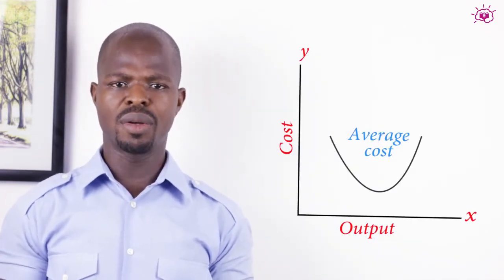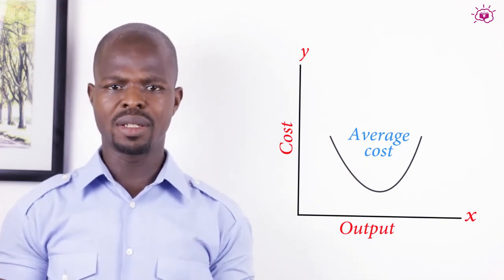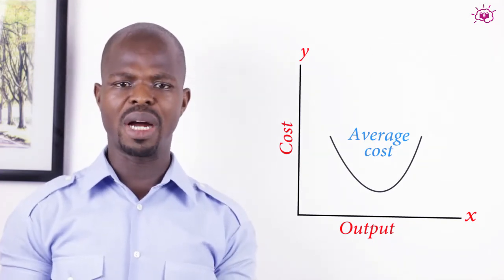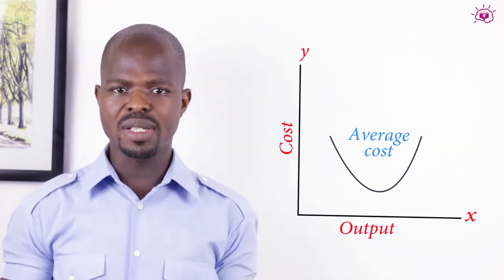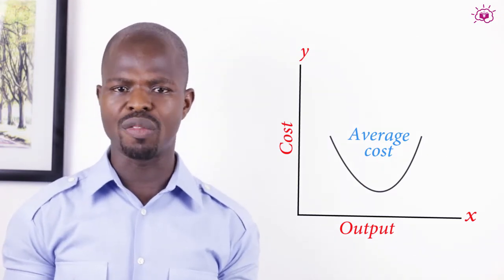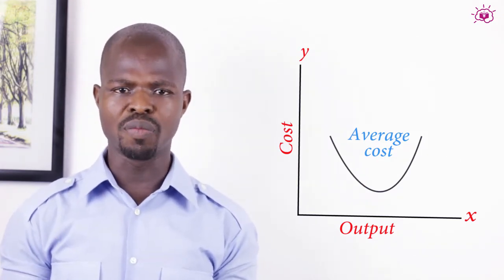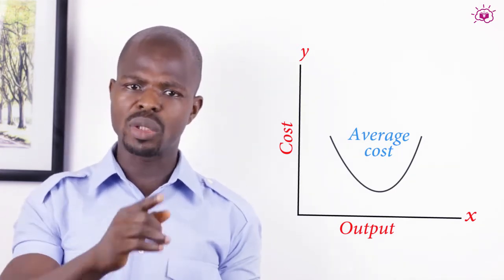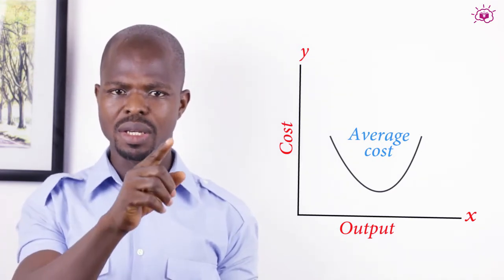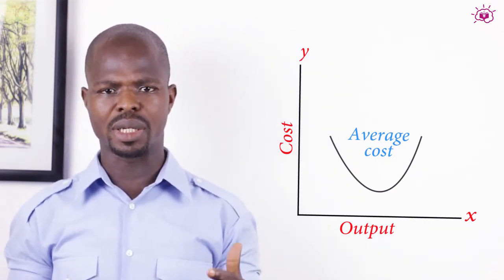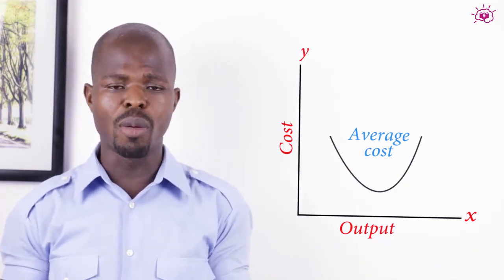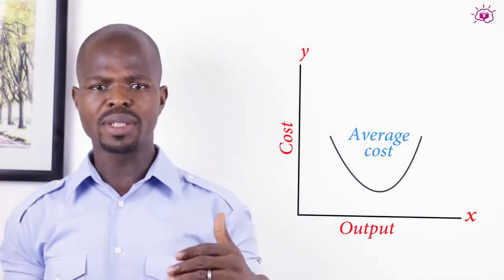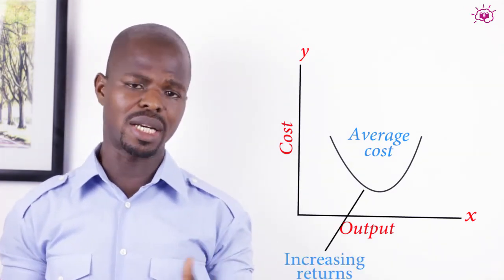As you can see on the graph, with your y-axis and your x-axis, it has the shape of U. Some examiners even ask the kind of shape the average cost curve has. So we simply say a typical average cost curve is U-shaped, meaning it has the shape of U. And why is it U-shaped? As output increases, average cost is expected to be dropping, as you can see, as it is moving downwards when output increases. At some point, it gets to the minimum point. That minimum point is called constant returns, while the point where it is dropping is increasing returns as output increases.